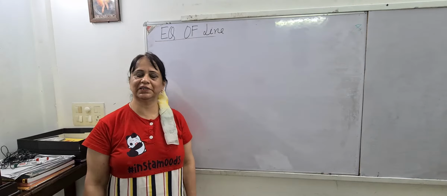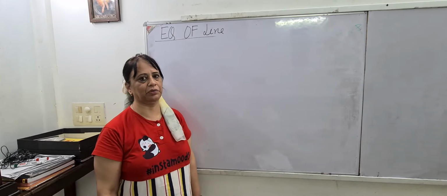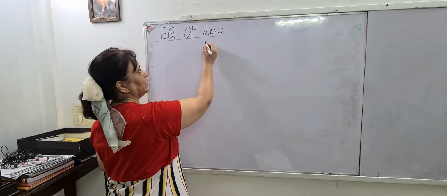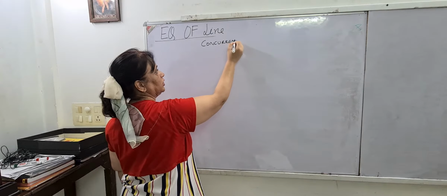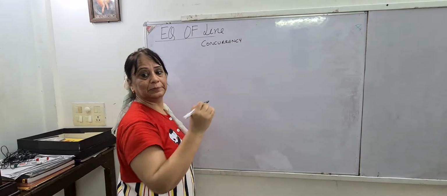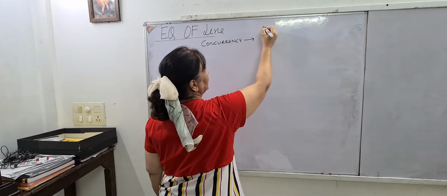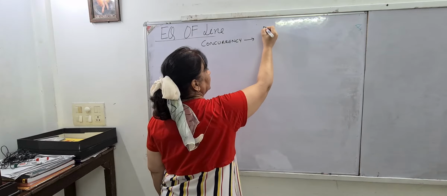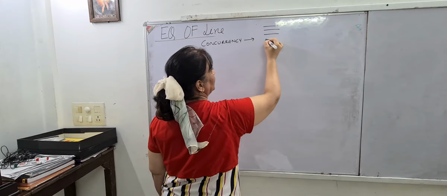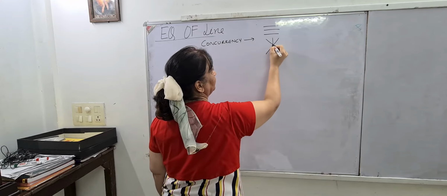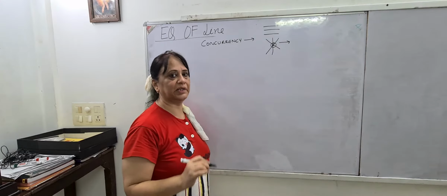Okay, children, I have discussed all the three first concepts with you. Now, the fourth concept of this particular exercise, that is concurrency. Concurrency. It is not congruency, it is concurrency. Concurrency means when three linear equations are given to you, and when you solve them, three of them pass through one single point. Then these three lines will be called concurrent lines.